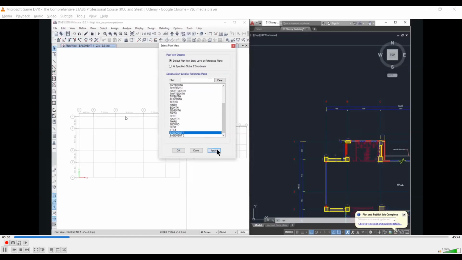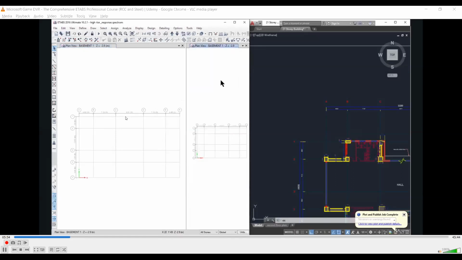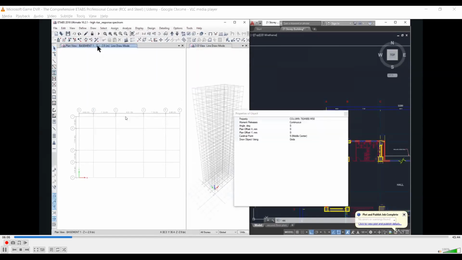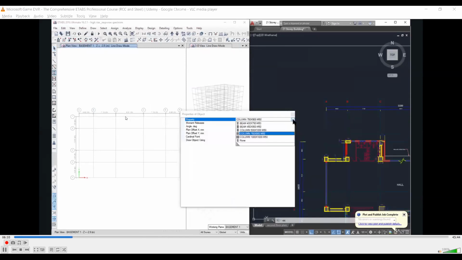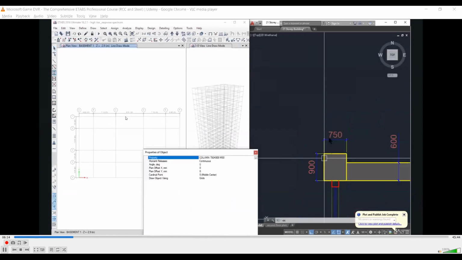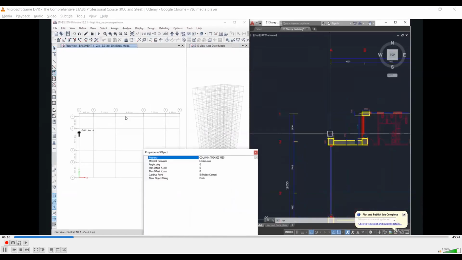Left click on this window and then left click on apply. So basement 1 level is now open here. Here, by clicking on this window, open the 3D view. So this is the best arrangement to do any kind of modeling. So after that, we go to draw, beam, column, brace, and then left click on quick draw columns. Please notice that this window is now selected. So we select the column as 750 into 900 M50. This is the column here.